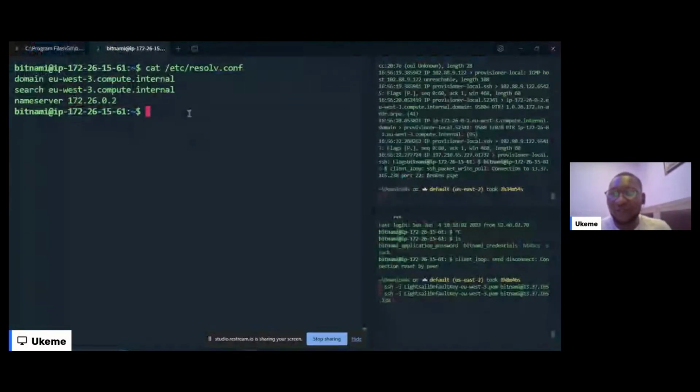Okay, so I go back here and this is it. These are the domain resolvers. They resolve the domain. Anytime I try to go to a specific website, it's going to resolve it. And these are the servers, or should I say domains, that resolve them.